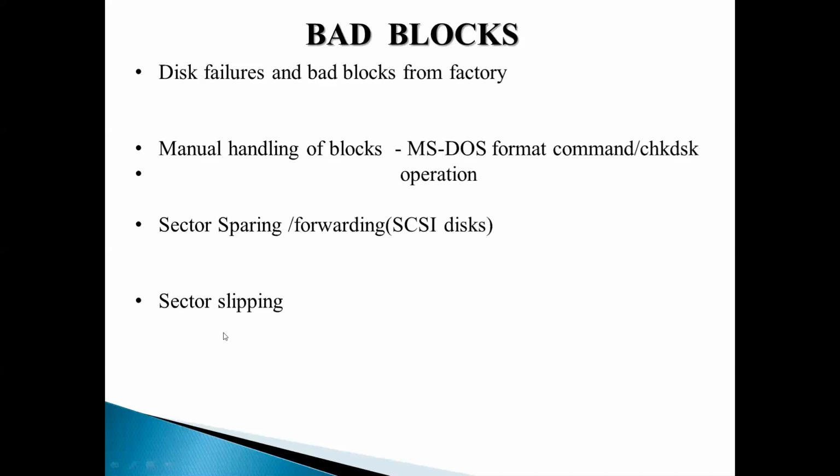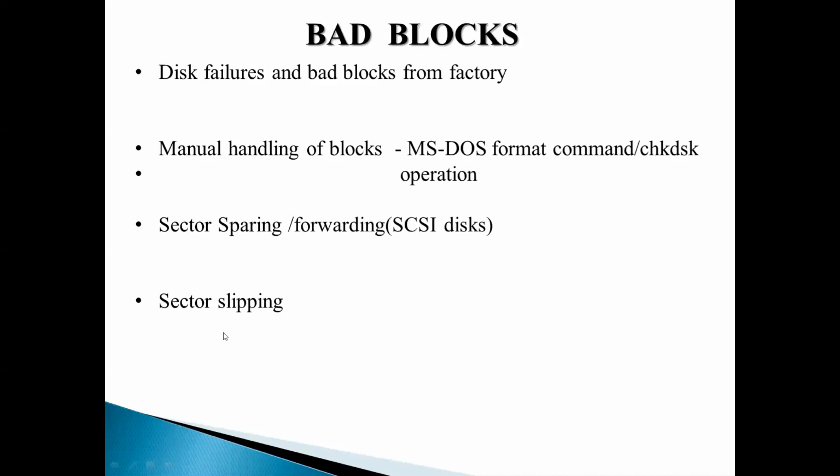That is, every sector will be moved down by one position, all the sector contents will be moved down by one spot, so that logical block number 99's contents can be moved to block number 100. So this is called sector slipping. You have your spare sector somewhere and your bad block somewhere else, so you move everything down by one spot so that you will be able to accommodate the bad block's contents in the next immediate block which is available.